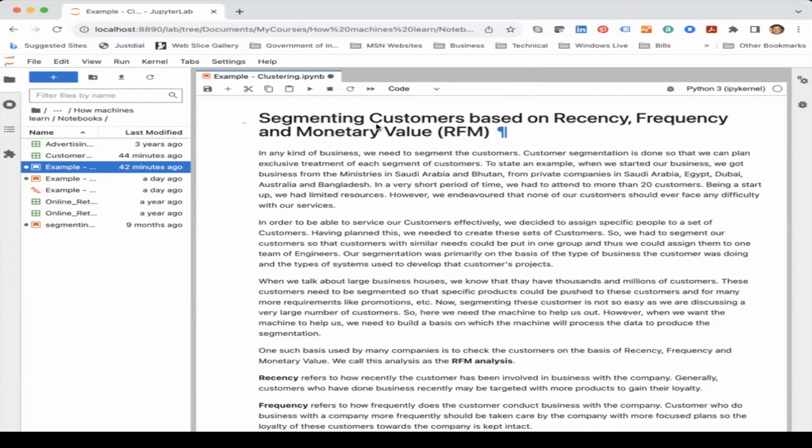Hello and welcome. In this video, we will discuss how computers can be made to cluster data. Clustering data means grouping data which are similar into one group and making such groups out of the data. The example we will use is regarding